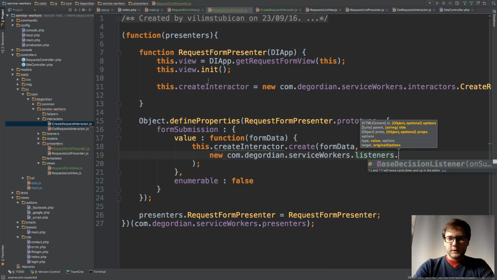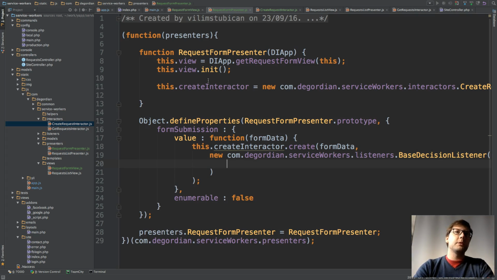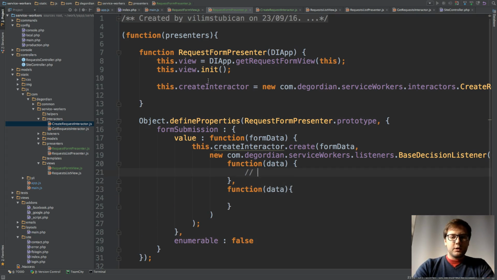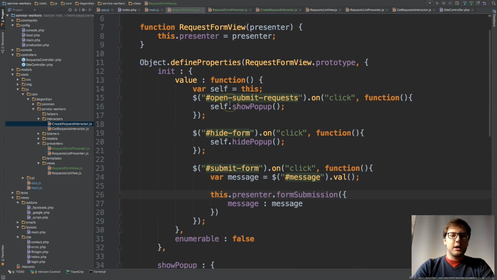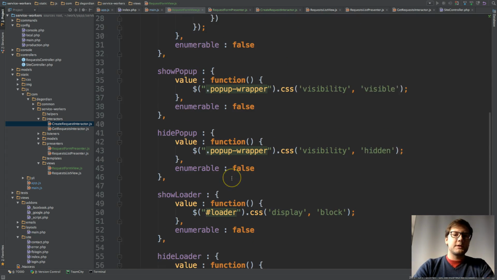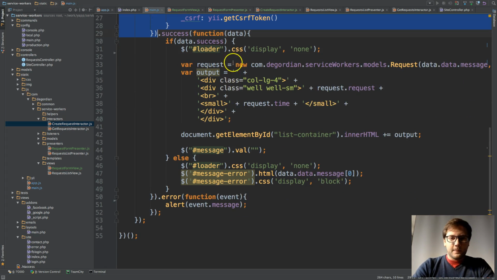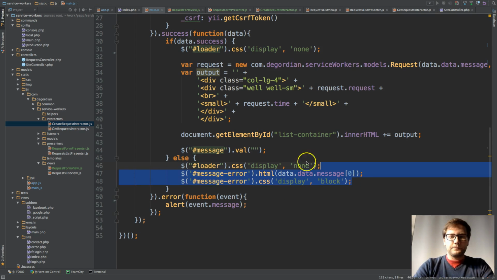listener. It's something that I call base decision listener, which takes basically two callbacks, an onSuccess callback and an onError callback. Right. So this is going to add data to list, and this is going to show error message. One thing I forgot to implement here is how to set error message. Since we have a simple form, I'm just going to add a method which is going to be setErrorMessage, and it gets an error,